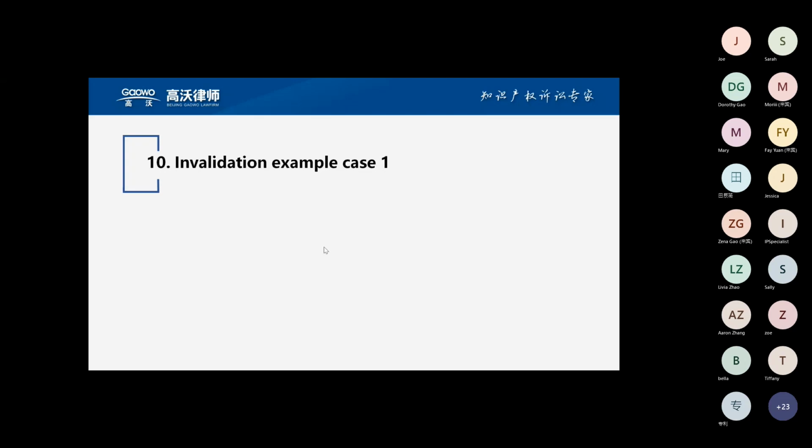Okay, hello everyone. Welcome back, and let's get started with the second half of the game. Next, I will introduce two real cases I used to handle. I think it's very interesting. The first example case is about a massaging device and a four-arm massaging machine. This invalidation case is against